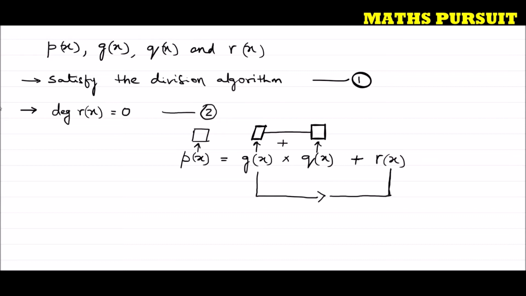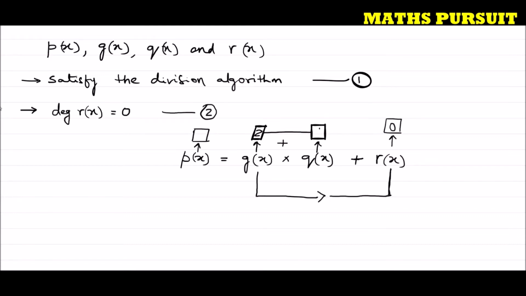Now the question is asking us to see where the degree of r(x) is 0. Okay guys, so if the degree of r(x) is 0, we very well know that g(x) is greater than r(x). How would it be greater? If the degree of g(x) is more than the degree of r(x), then it is greater. So if the degree of r(x) is 0, then the degree of g(x) will definitely be more than that. So let us consider that the degree of g(x) is 2 and the degree of